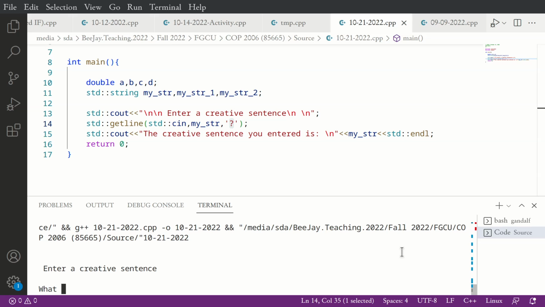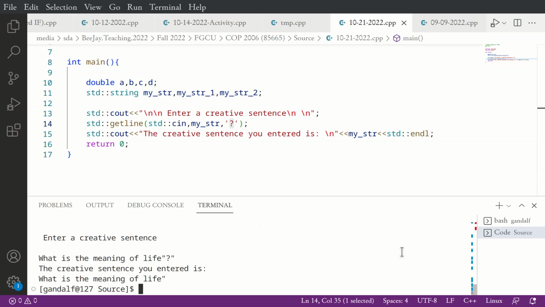What is the meaning of life? I need a question mark. Escaping didn't work. How about I put it within quotes? It wouldn't. Yeah. Come again? It wouldn't. It would still end because it's a character.